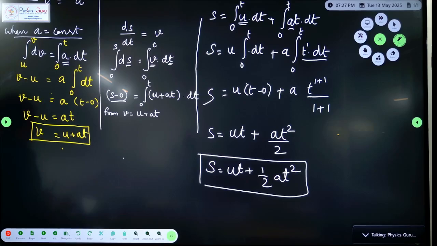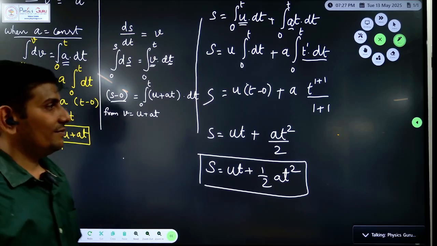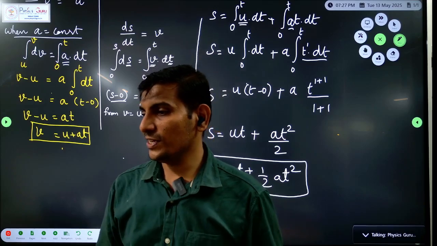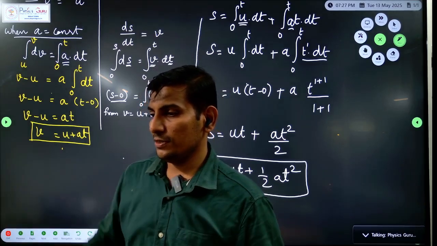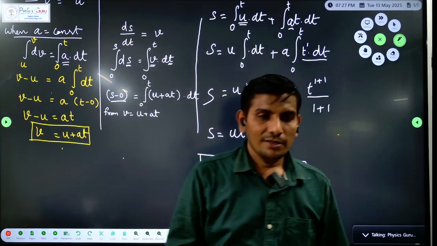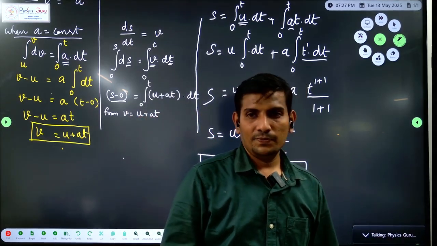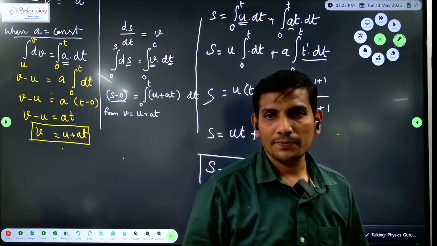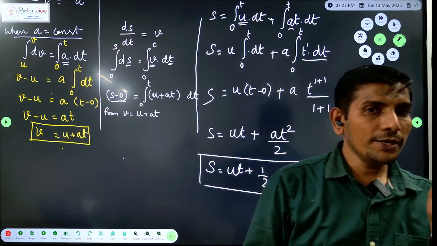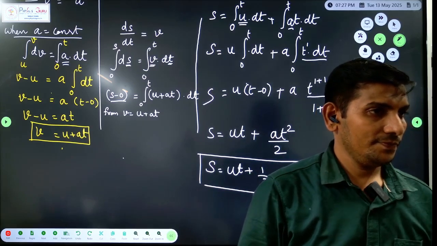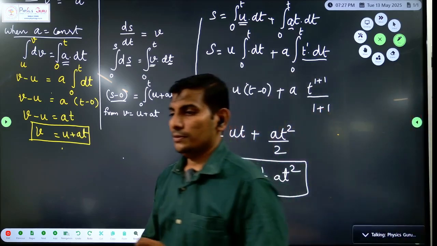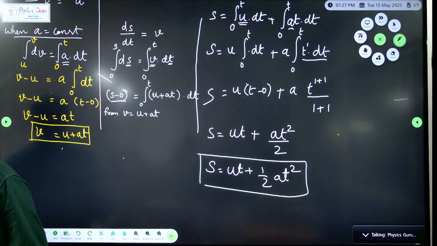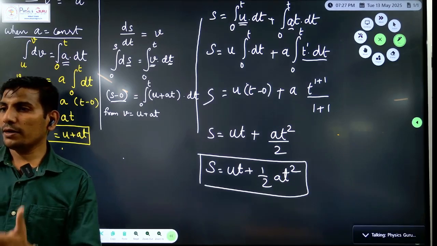Got it? Did you learn the trick? So we can do the third one, but day after tomorrow we can do it. Okay? So let me summarize this today. Where we have learned the functions of derivatives. So first order derivative, second order derivative. Where do I look? I look into the power of the time. Got it? So depending on the power of the time, I can describe what kind of motion is actually taking